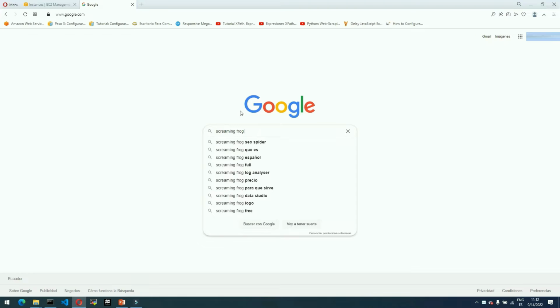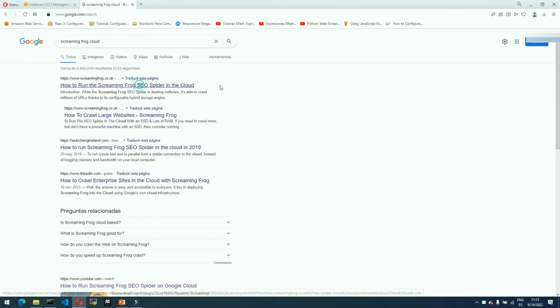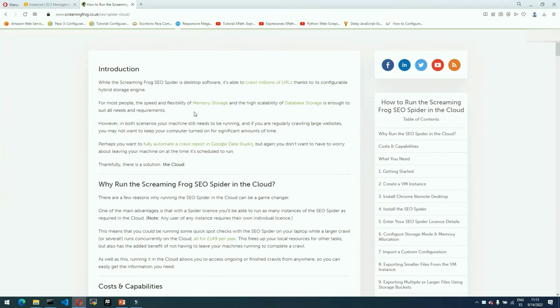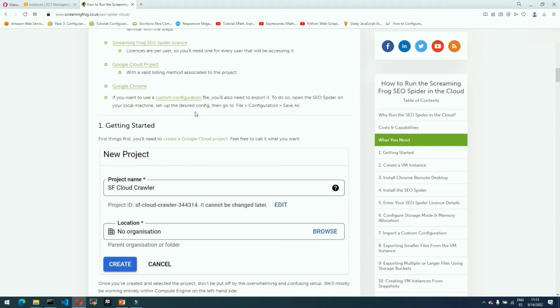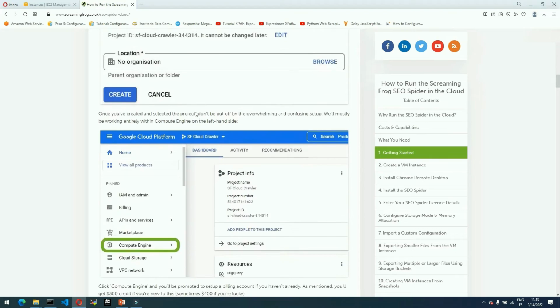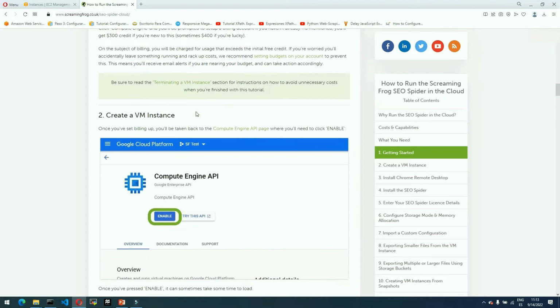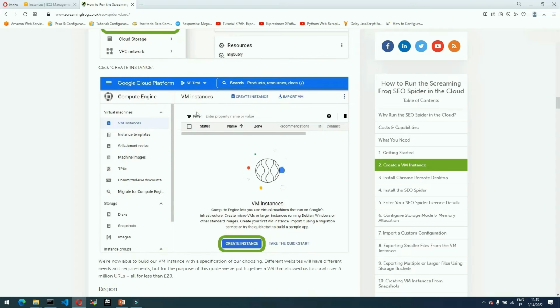All we have to do is search for it on Google, Screaming Frog Cloud, and this will take us to this link, how to run the Screaming Frog SEO Spider in the cloud. And you will find all the info that you need to launch that instance on Google Cloud. All of that you can find there, but in this case, we choose to use